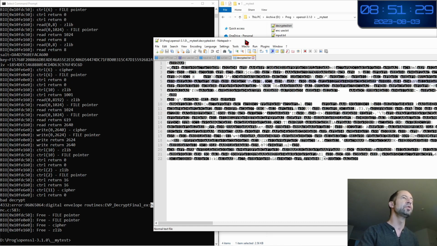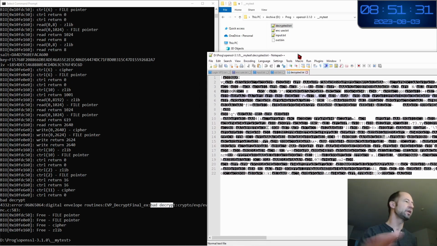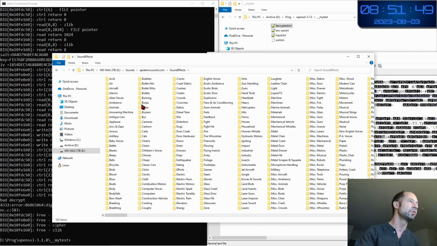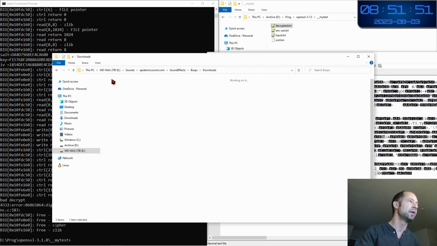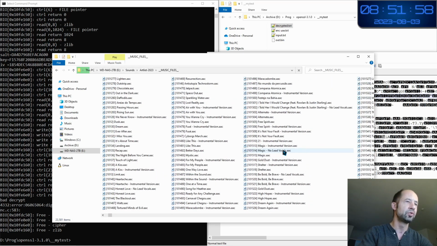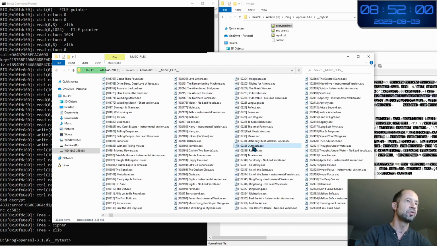Now let's look. So this is a text. Often in crypto software, you might have problems between text and binary files. So now let's look at a binary file. For the binary file, I will use some music files. Here I have some files from Epidemic Sound. Let's say, for example, no, let's go to Artlist, music files from Artlist. If you want to get some of these files, you can also contact me.